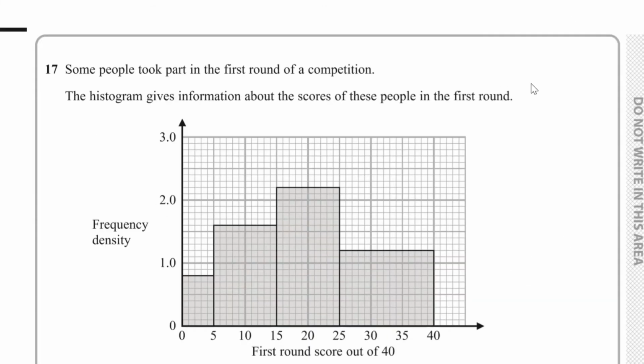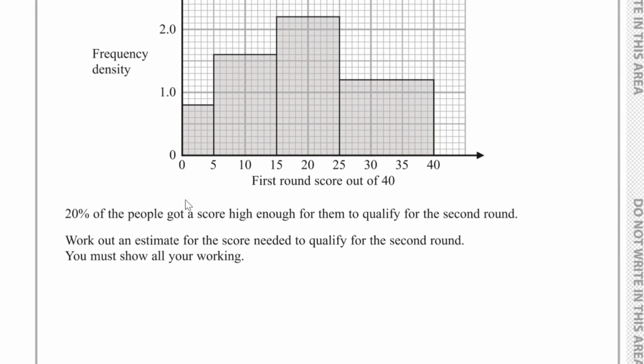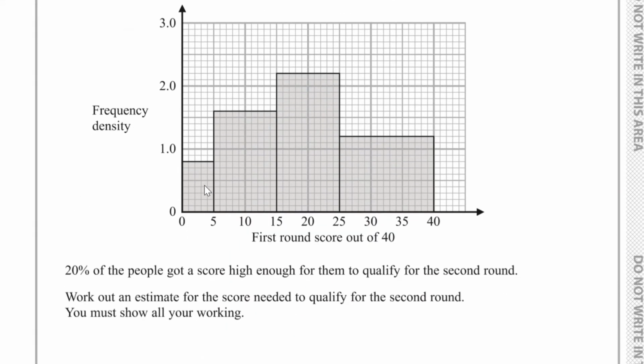Question number 17. Some people took part in the first round of a competition. The histogram gives information about the scores of these people in the first round. 20% of the people got a score high enough for them to qualify for the second round. We have to work out an estimate for the score needed to qualify for the second round. You must show all your working. Well, what we need to do here is find the frequencies. We can do this by finding the